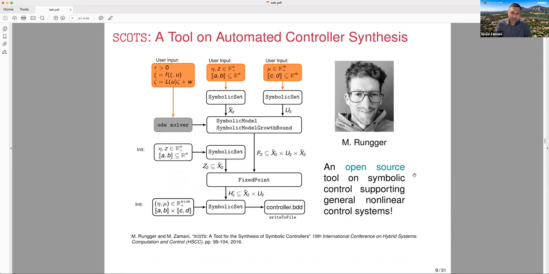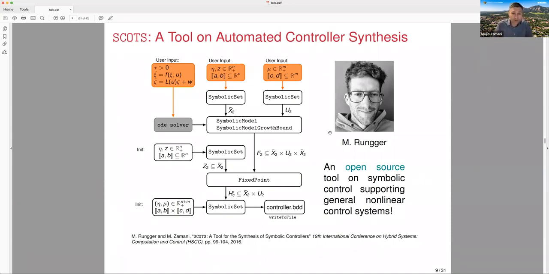Good news, we actually developed a tool called SCOTS. So what are the inputs to the tool? You give a mathematical description of your physical system, a differential inclusion or difference inclusion. You give the property of interest. SCOTS natively supports safety, reachability, reach and stay while avoid. And in fact, SCOTS has implemented minimal and maximal fixed point. So you can use a combination of these two fixed point algorithms to synthesize controllers for even more complex